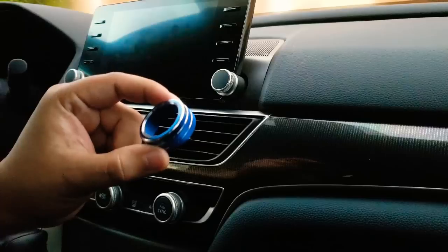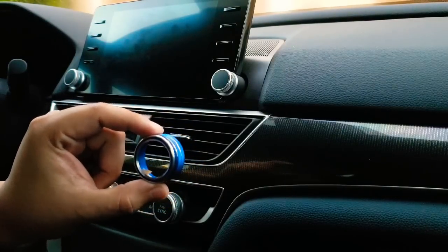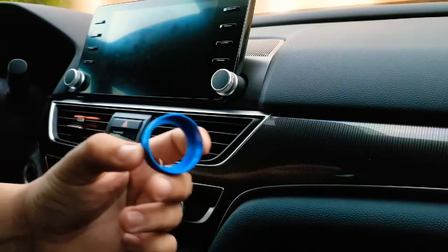I'm gonna be doing a nice little quick mod. I think this changes a little bit of the interior, making the buttons look much more premium. So I'm gonna be adding these blue ones. They basically go over the existing knob or whatnot. They come with